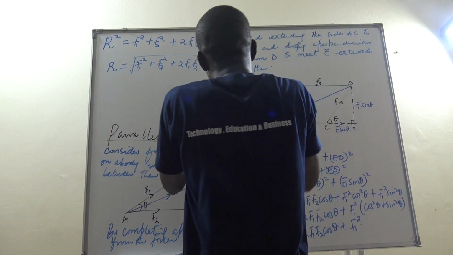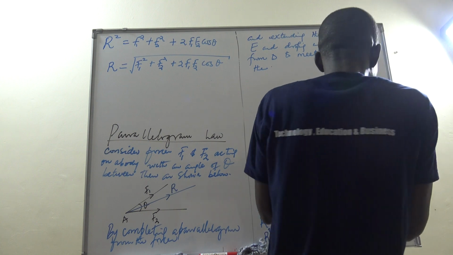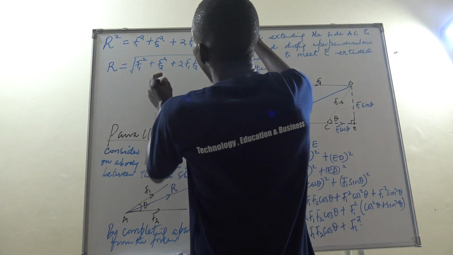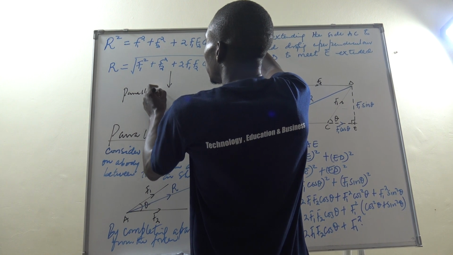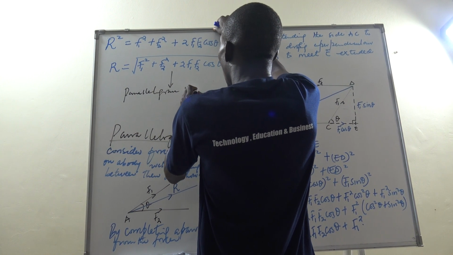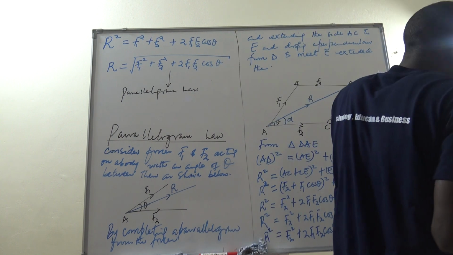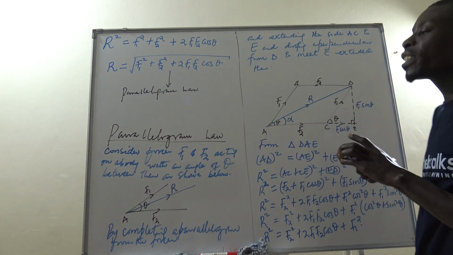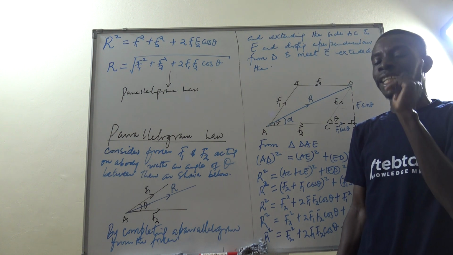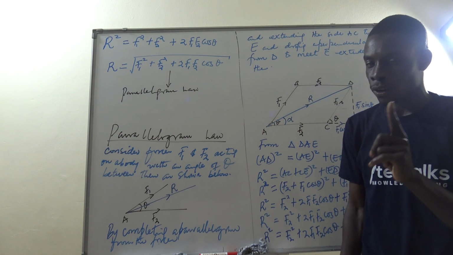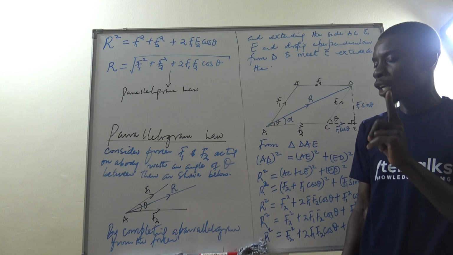And exactly this is what we are calling the parallelogram law. That if I have two forces, specifically two forces, acting concurrently at a given point, they are not parallel, they are having a point in common, and they